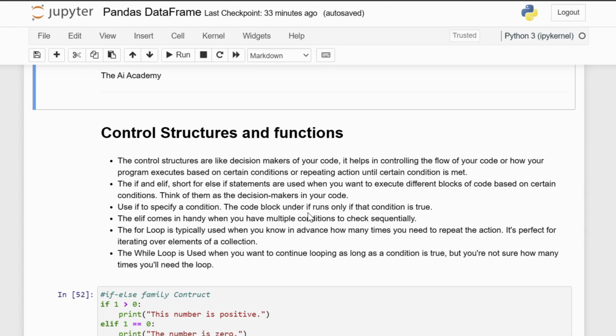We use the if statement to specify a condition. The code block under the if statement runs only if that condition is true. It's like saying, hey, if this specific thing is true, then do the following. The elif statement comes in handy when you have multiple conditions to check sequentially. After an if statement, you can use one or more elif blocks to check additional conditions if the previous conditions were false. It's like saying, okay, if the first condition isn't true, then check this next one and